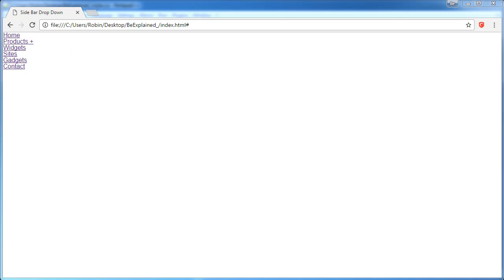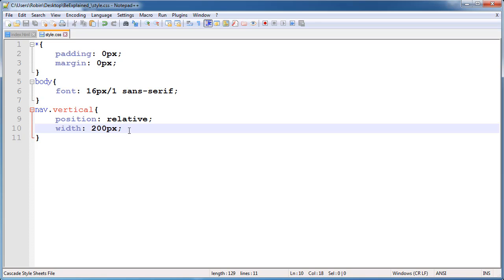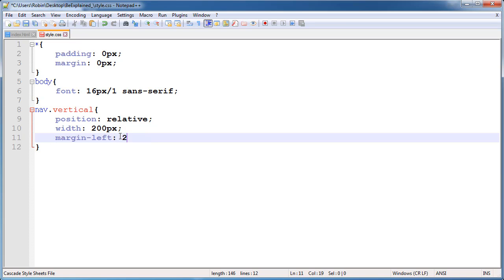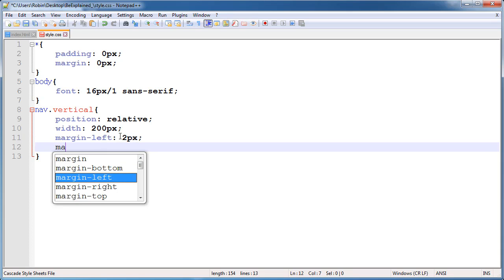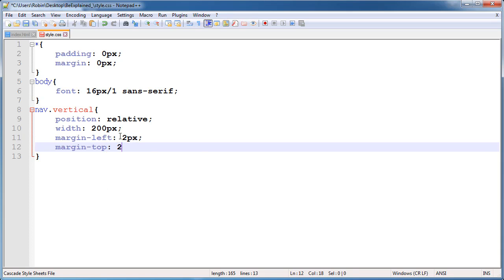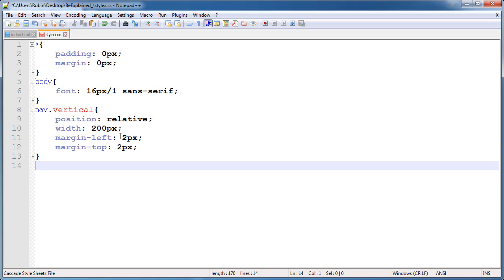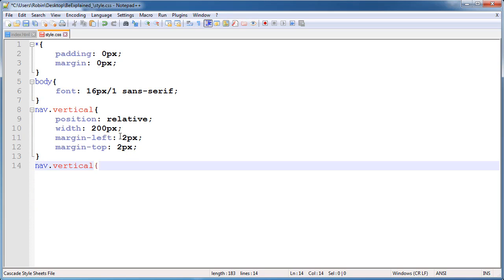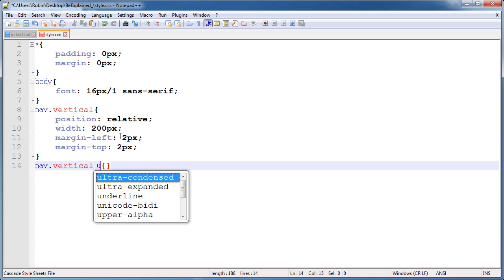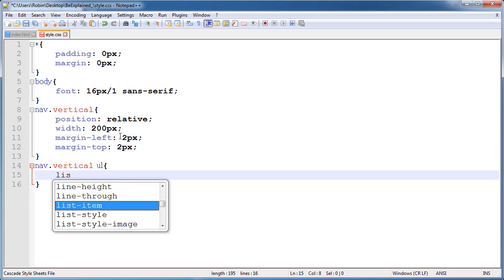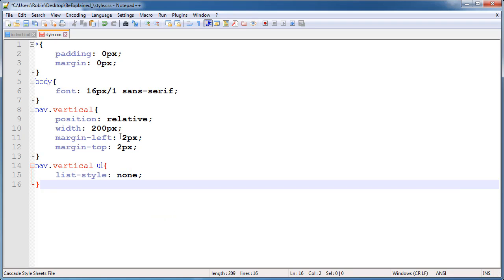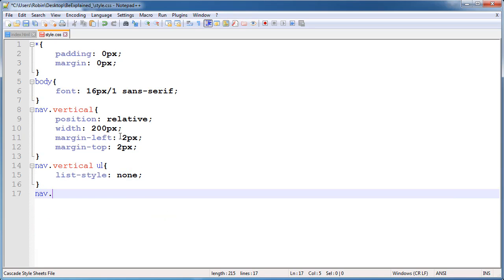So okay, our CSS is also working, and also give the margin from the left side, I think 2 pixels is good, and margin from the top is also I think 2 pixels good. And now again select the unordered list inside the nav, and we give the list-style none because we don't want the bullets of the unordered list.